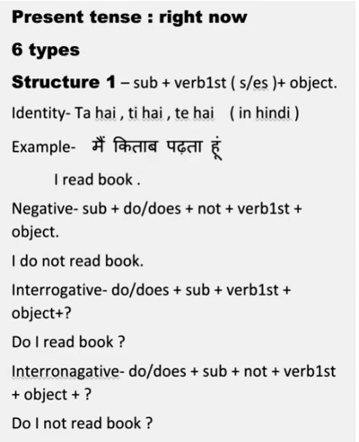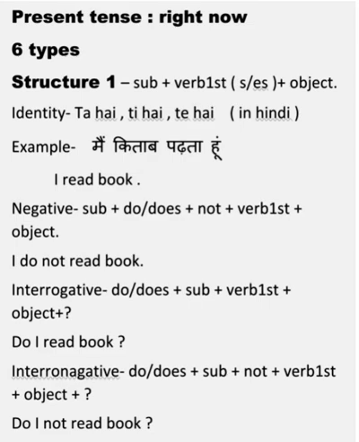Now we will put all these into this structure, just like in mathematics, where we have formulas and we put values into the formula and then find the answer. Just like that, we will put subject, verb, and object. The subject is I, verb first form s/es, so the verb first form is read. Now we see whether our subject is singular or plural. We consider I plural, so we aren't going to use s or es here. And then we will write book as the object.